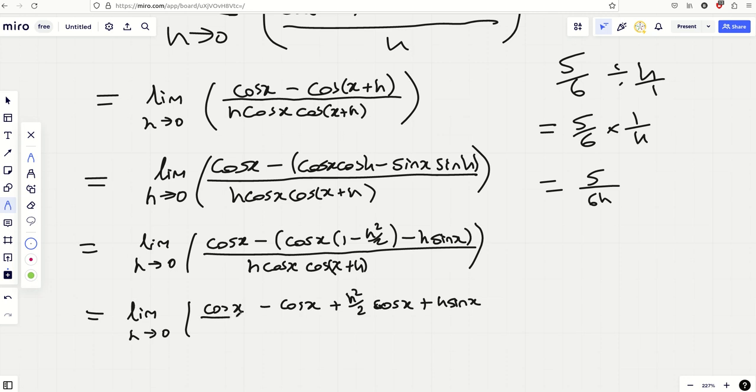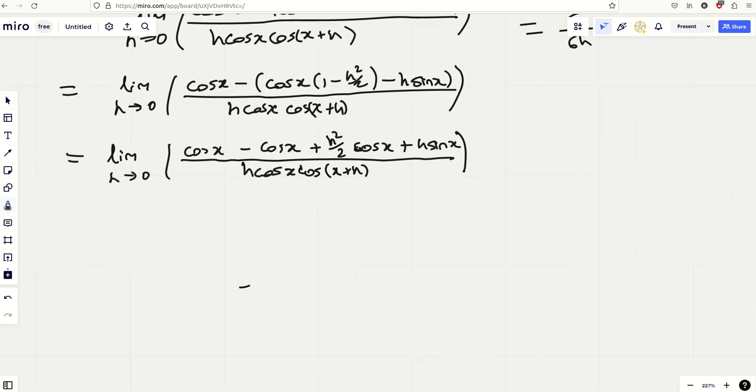Now, I was really happy when I saw that result when I was working through this, because it meant that I could cancel the h on the bottom, yeah? Now, I'm not talking about the h in the brackets, because that doesn't scare me so much, because if that h was 0, you'd be left with cos x, and cos x is fine, yeah? It's only if you're dividing by 0, which you want to avoid, yeah? So what I can now do is I can cancel my cos x's, and I'm left with the limit as